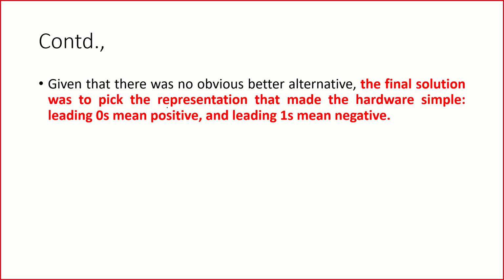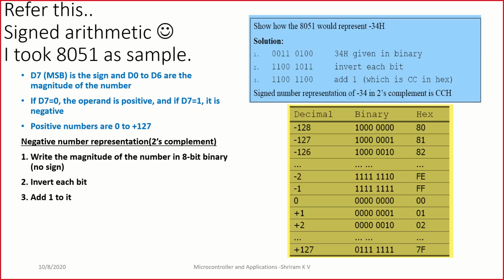Very simple. The leading zero, the first bit: if I have 0 in signed arithmetic, it becomes positive. The first bit, if it is 1, it becomes negative. That's the way they finally concluded. And in 8051 in embedded systems, when I taught you, we used this approach of signed numbers, where I taught you that the first bit, when it is 0, is positive. The first bit, if it is negative, will be represented by a 1. Can we recollect it once?